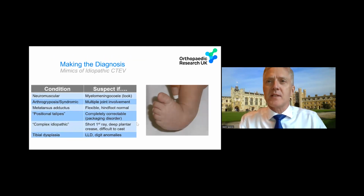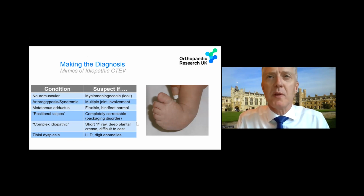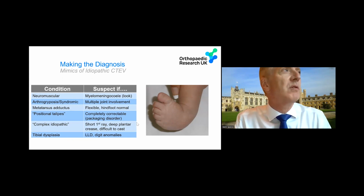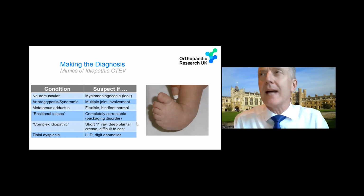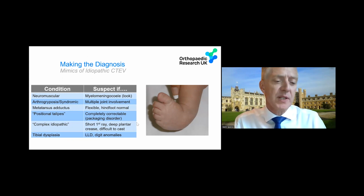The picture on the right is a typical idiopathic clubfoot. You might say, well, that's obvious. We all know what those look like. But I suppose one of the roles that we doctors have is sometimes in making the diagnosis clear or clearer when there is some doubt about it. So as Denise has pointed out, not all clubfeet are idiopathic. We may see them associated with neuromuscular conditions, with arthrogryposis or other syndromes. Now, it might not make a difference to the treatment that you institute, but it probably will make a big